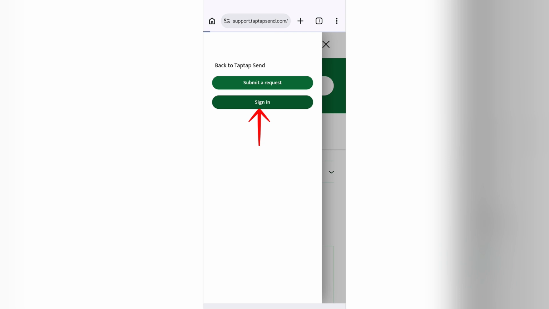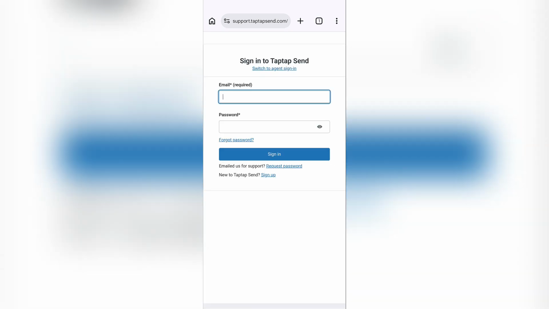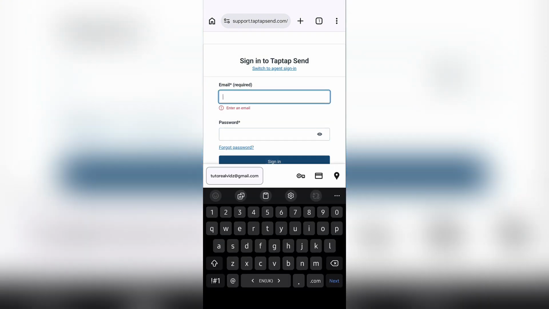Tap the Sign In button, and after tapping Sign In, you need to enter your email address in the very top and password in the second row. After entering your email address and password correctly, tap Sign In, and you will successfully be signed in to